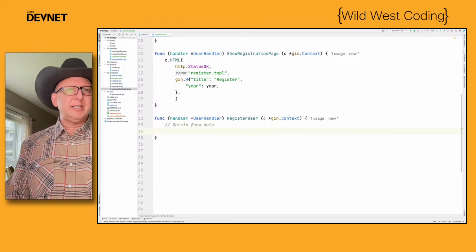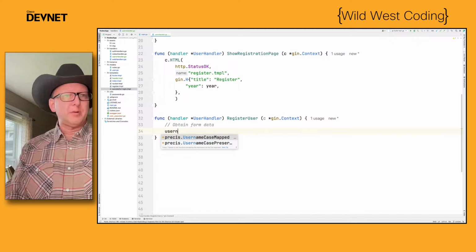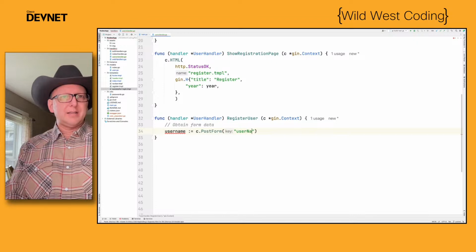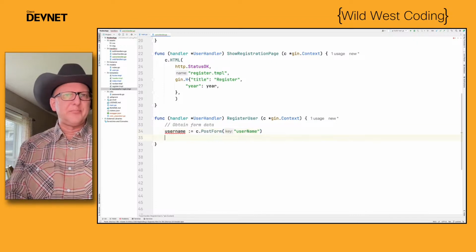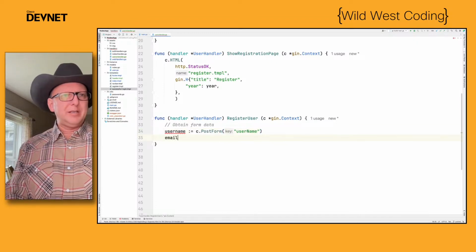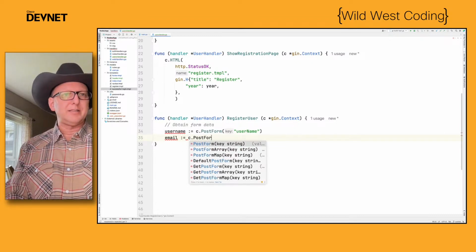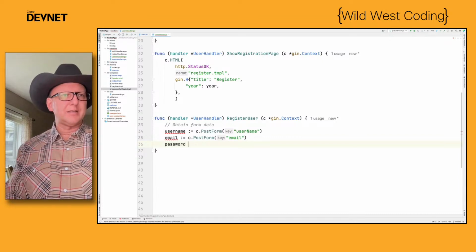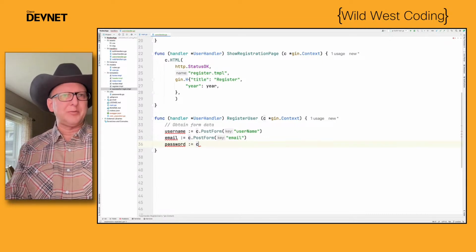And there were a few things there in the form that we're going to need to check. So there's the username, and that's the post form, and was username. And the email, which is a new field for us here in the database, that was email. And we're going to also grab the password because we want to check that for a few things, and then